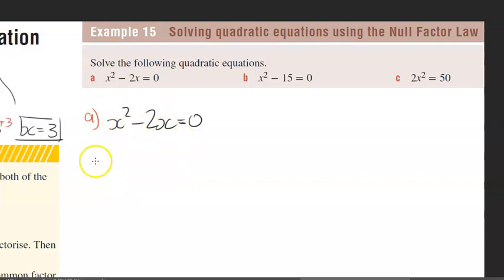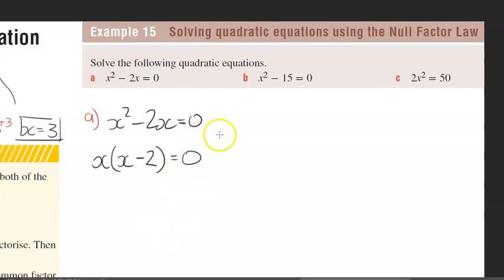We can actually take out an x from this. Now, because there's already an equal sign there, your next line shouldn't have an equal sign leading. The common rule is you should always only have one equal sign per line. Because the equals is there, the next line just looks like this. So we take out x as our common factor, and what we're left with is x minus 2 is equal